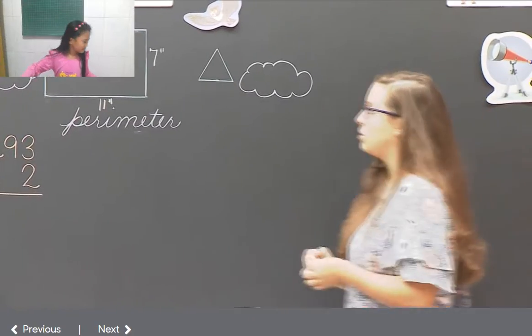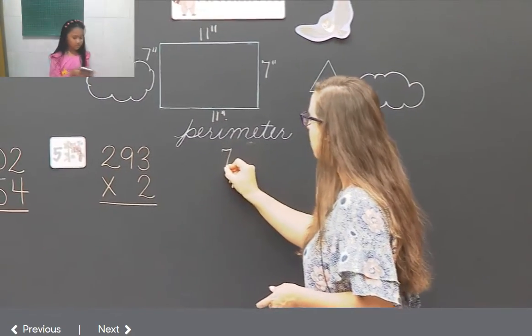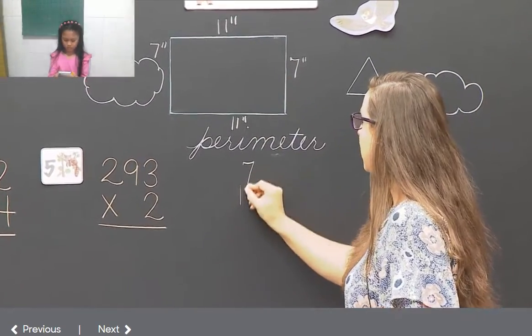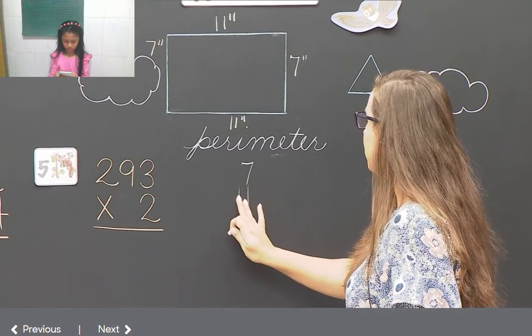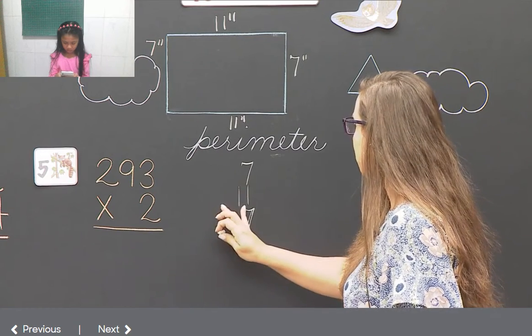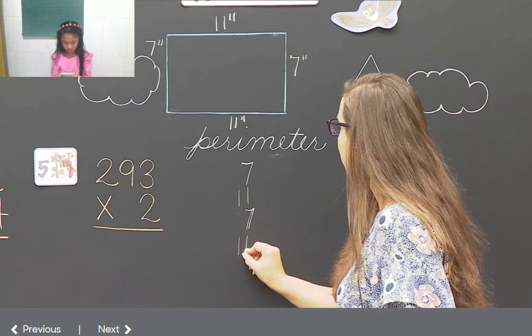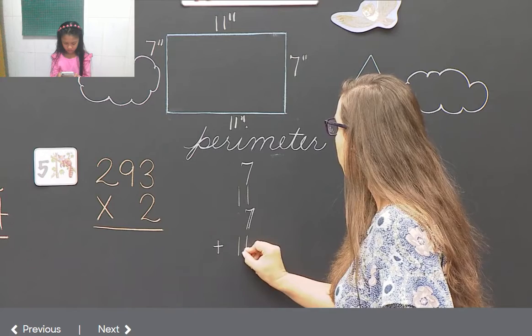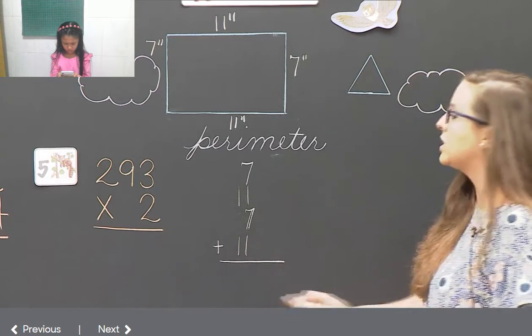Together. So I will take the 7. I will write that number down. Plus 11 plus the 7. Let's fix that. And then we'll put the 11 down beside it as well. So we have 11. And then I can add all of these numbers together. We're going to add the